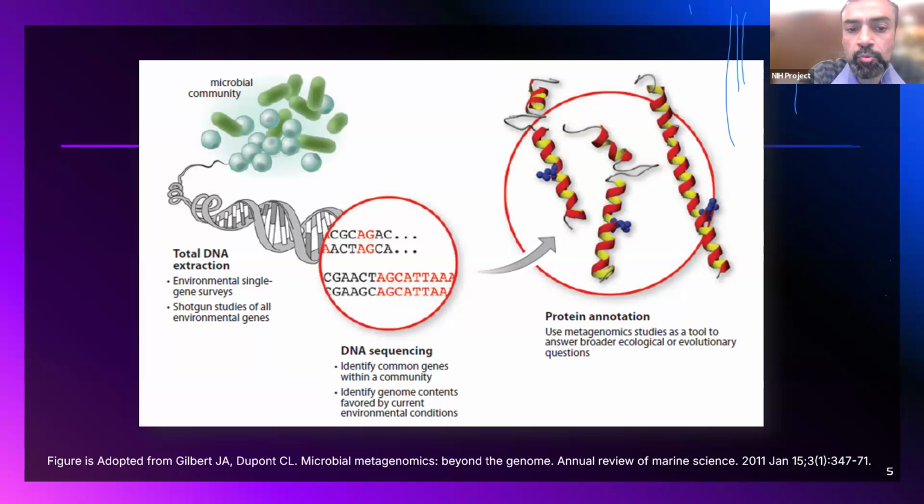After that extraction, we move mostly towards shotgun or amplicon sequencing. In this amplicon or shotgun sequencing, we are ultimately identifying the common genes within that community, what the differences are, and how these are going to affect the protein later on from the genomic sequences. Because the sequences of the microbial communities in the wastewater are now with us, we can develop what's going on in Pakistan and different areas under consideration by the Asia PGI, and how we are going to deal with this.